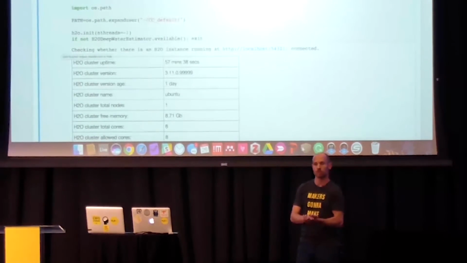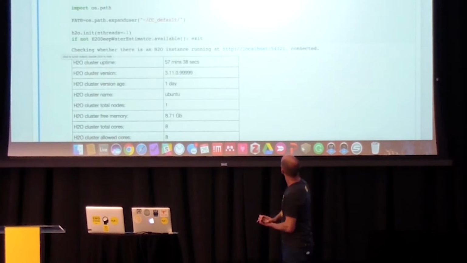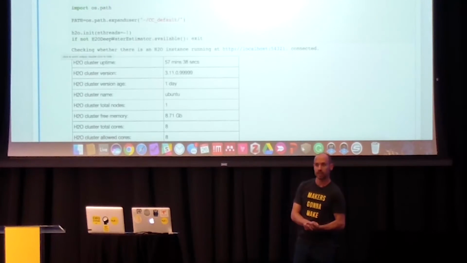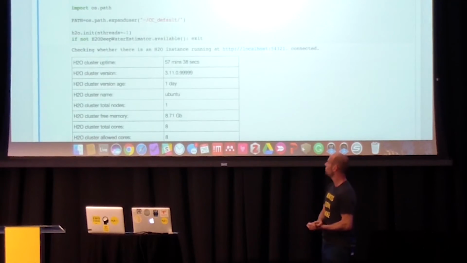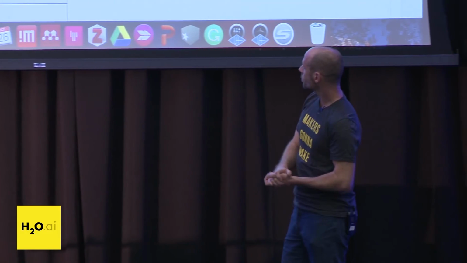We actually forgot to use the GLM, the generalized linear modeling one. Next time, I promise I'll add that one too. But we just have 4 models, and we have a path here to CC default. That's some directory we made that has a file in it. We'll actually import this file,